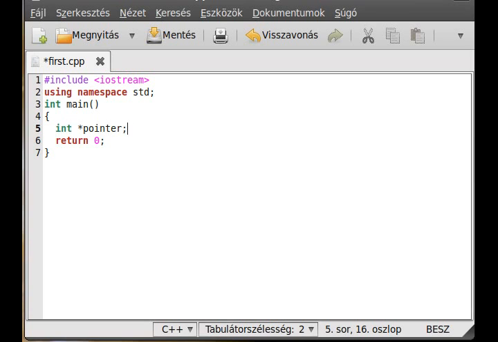So this is a pointer right now. So if we declare another variable like int a equals 42,